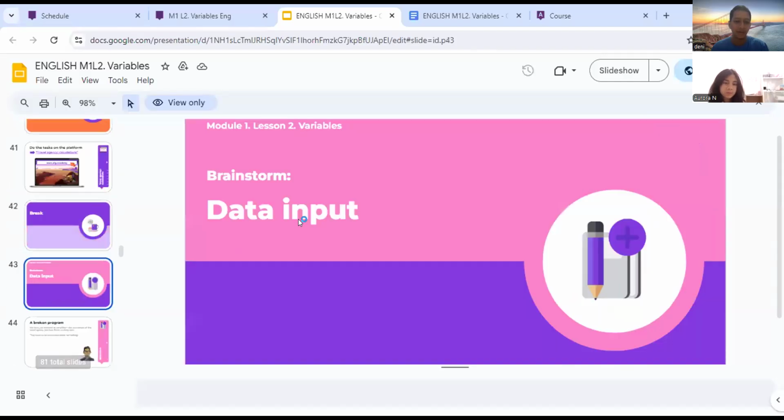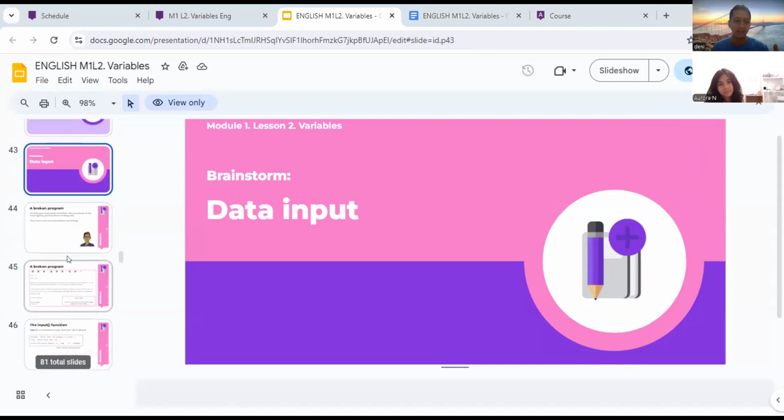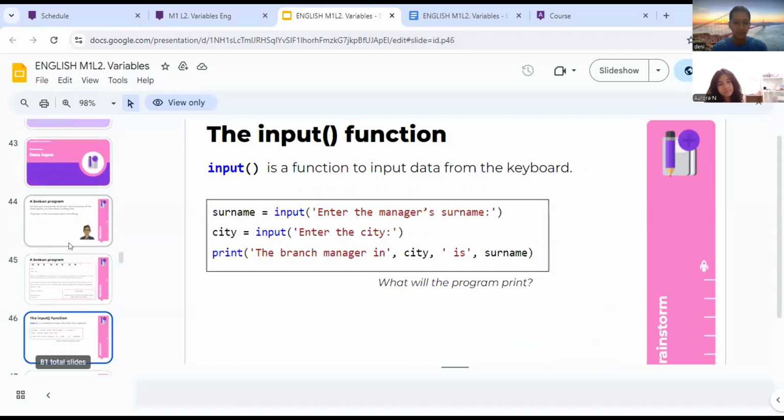Okay, for the next, we'll discuss data input. Up to now, you just display, and display again. Now, we'll learn how to input, to enter the data. We can use the input function here. Let's try it.